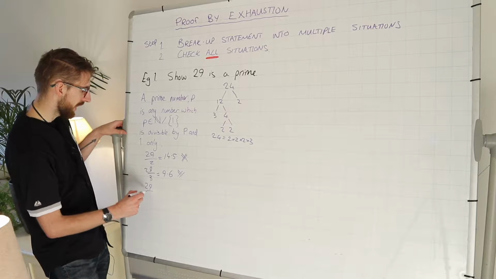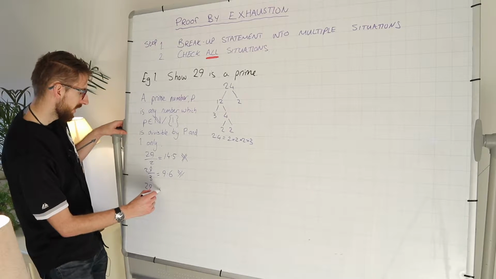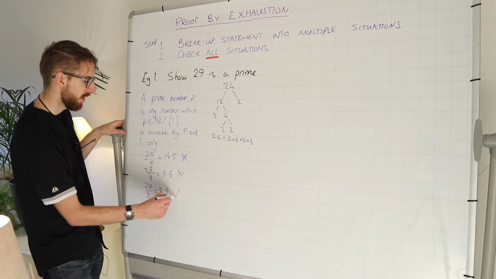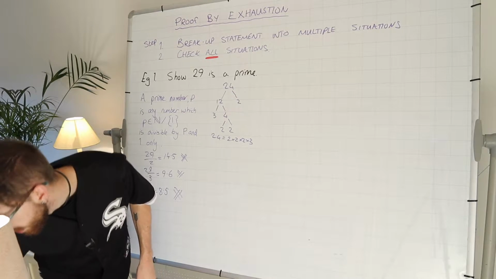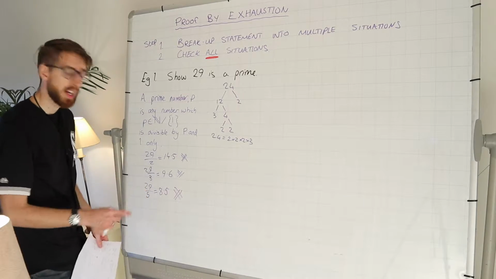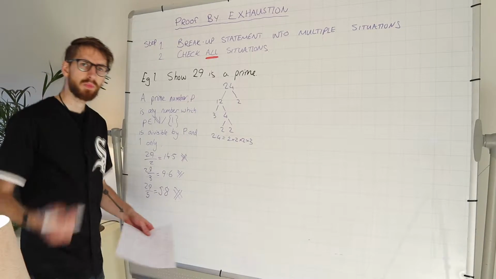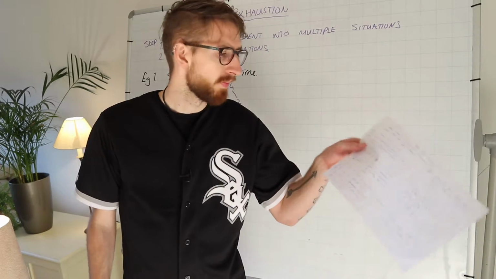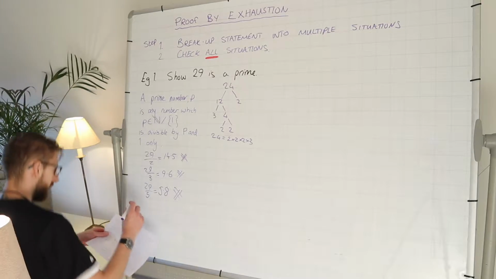29 divided by 5 is 5.8. That is not a whole number. I've realised it's actually 5.8. Now if I was to write the rest down, I'm not remembering them, I've got them written down here. What we'll find is